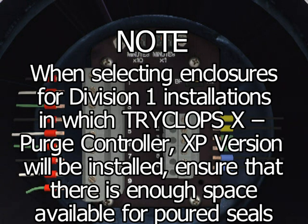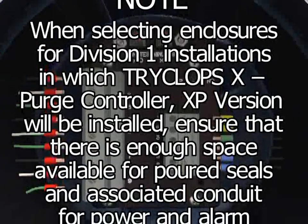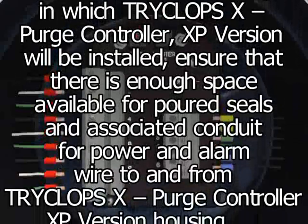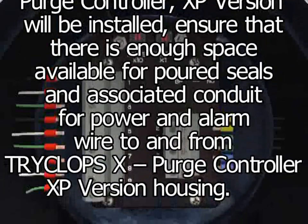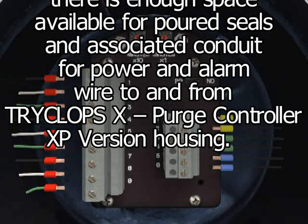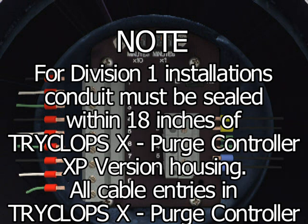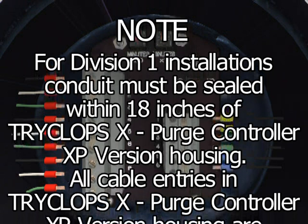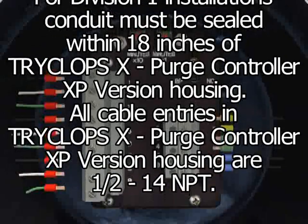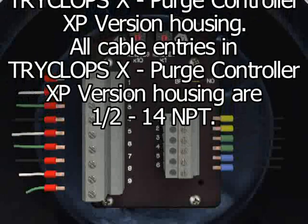Note: when selecting enclosures for Division 1 installations in which TRYCLOPS X Purge Controller XP version will be installed, ensure that there is enough space available for poured seals and associated conduit for power and alarm wire to and from TRYCLOPS X Purge Controller XP version housing. Note: for Division 1 installations, conduit must be sealed within 18 inches of TRYCLOPS X Purge Controller XP version housing. All cable entries in TRYCLOPS X Purge Controller XP version housing are